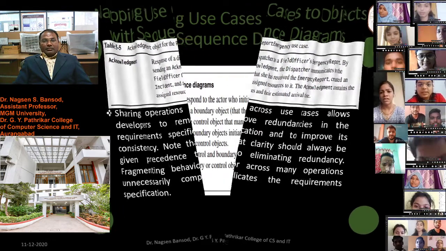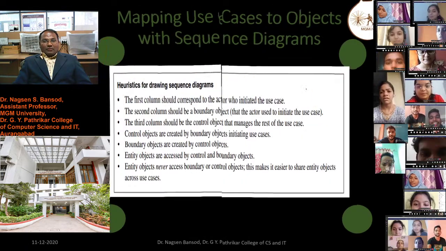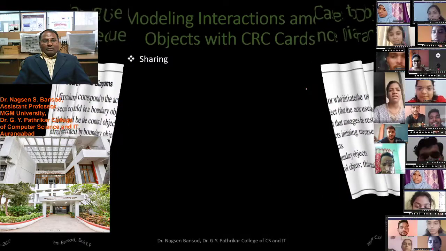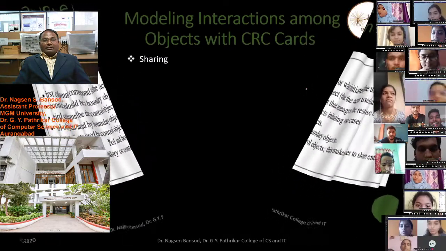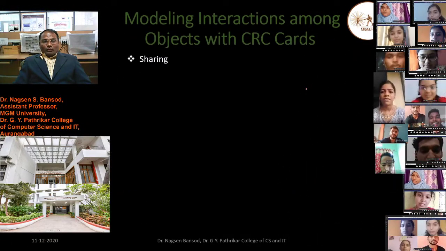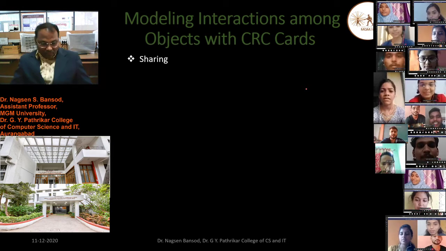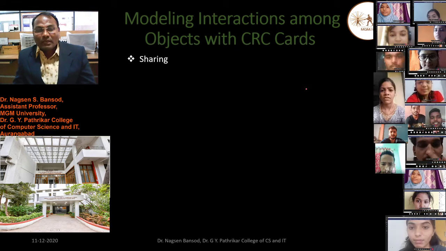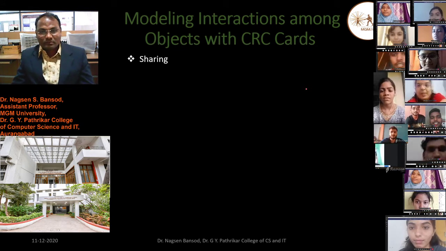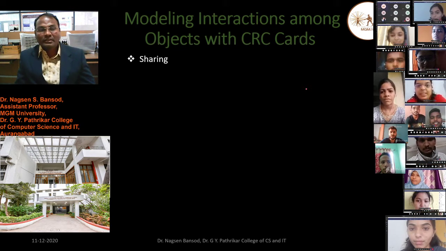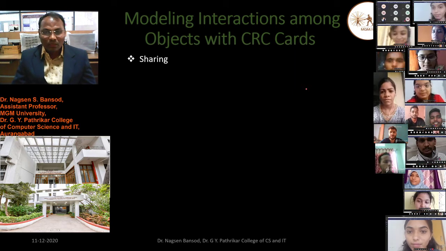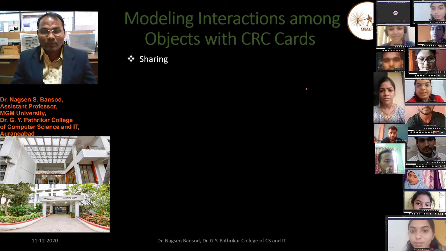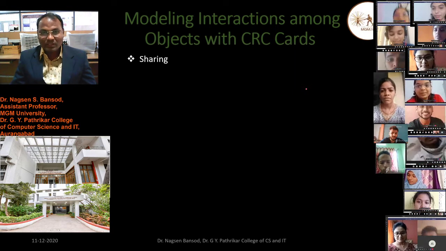In the next lecture we will discuss modeling interaction among the objects with CRC cards, class responsibility collaboration cards. We'll see in the next lecture.